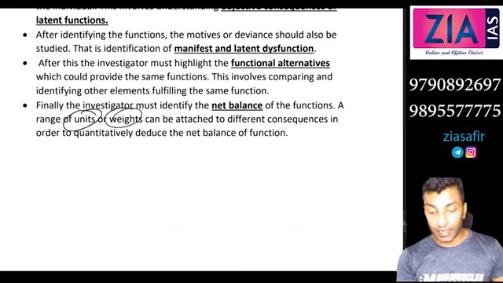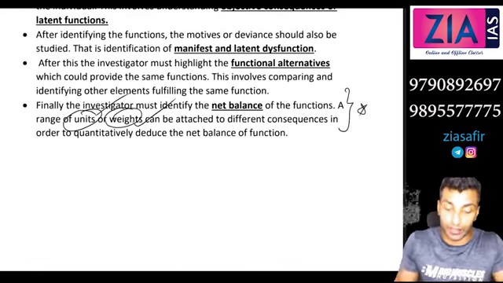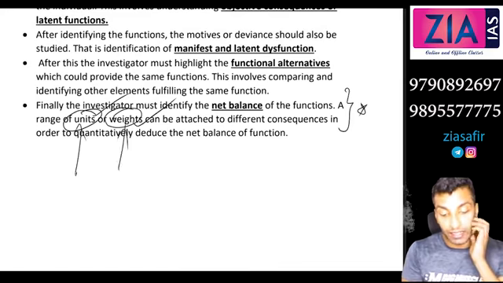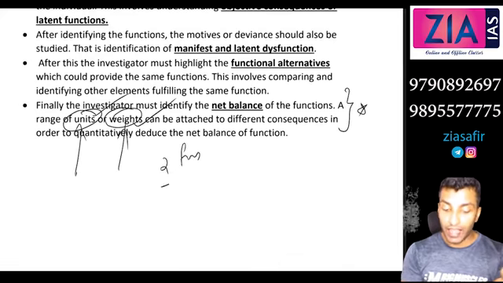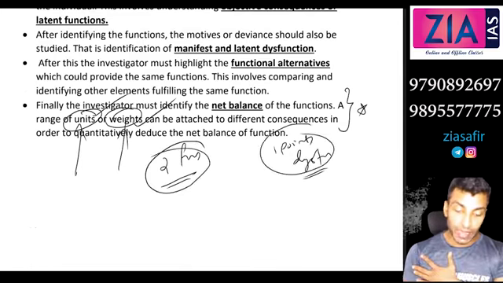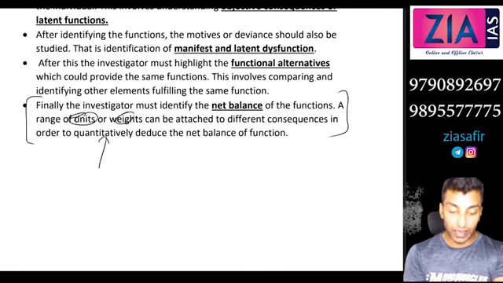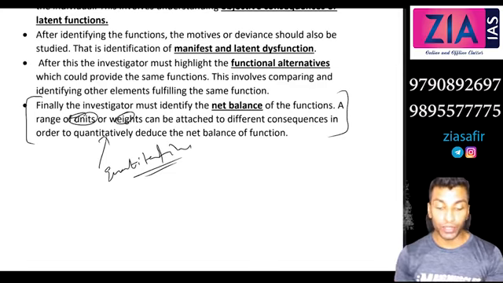But see, the problem is we will criticize this point. He is talking about weights and units, etc., but he failed to give any scale or weights or units. So even the attachment of these weights and units itself will be colored by the bias of the investigator. I may attach 2 points to functions if I am functionally biased, and 1 point to dysfunction, right? Yes, sir. But Merton is trying to do the maximum. He is saying net balance itself includes the range of units, etc. So this makes it clear that you are going to do it quantitatively. Maximum possible objectivity is being ensured, but it is again completely left to the investigator.